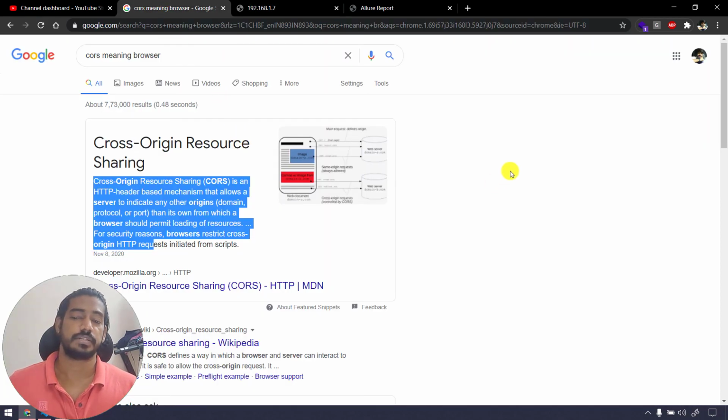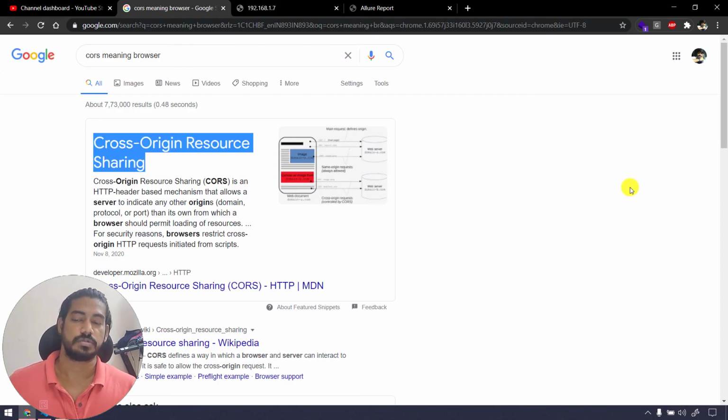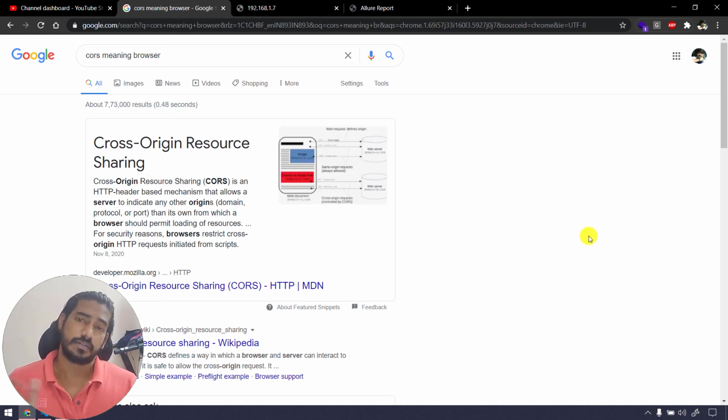And the reason why it's not working is because of this cross origin resource sharing. So I will just leave a link in the description. Please go through this and understand why it's happening, and what are the benefits of this as well. Okay, and there are ways to disable CORS in the browser, but that is not recommended. It might have some security issues, and of course, for that you might need admin permissions. So if you are working in your office and you do not have admin permissions, then of course it's not possible. Okay, so I hope that makes sense to you.